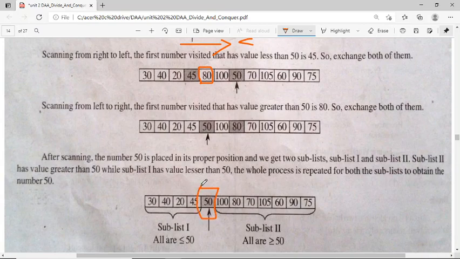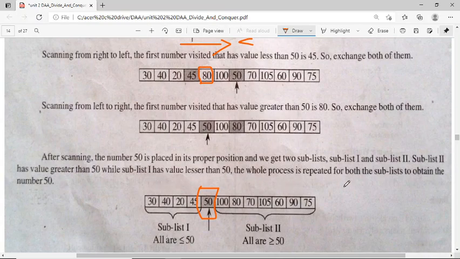We got the middle value. After scanning the numbers, 50 is placed in its proper position, and we get two sublists, sublist 1 and sublist 2. Sublist 2 has values greater than 50, while sublist 1 has values lesser than 50.